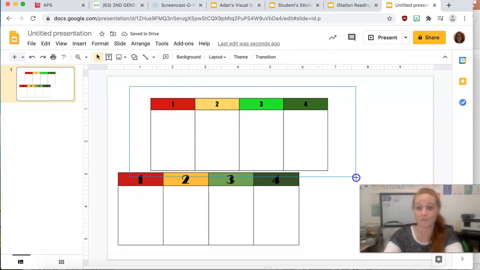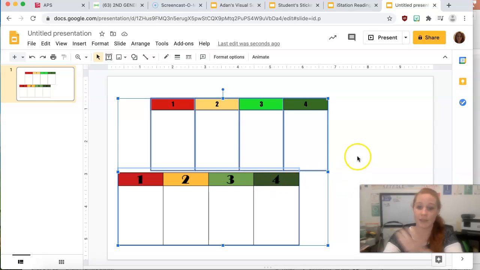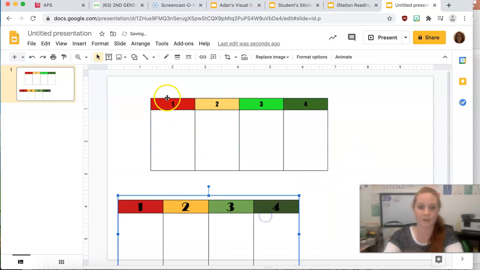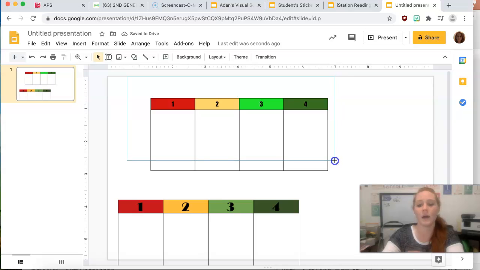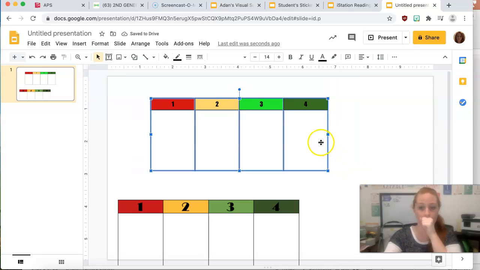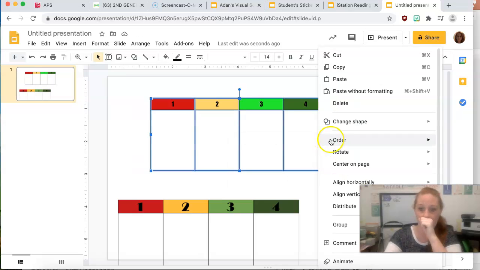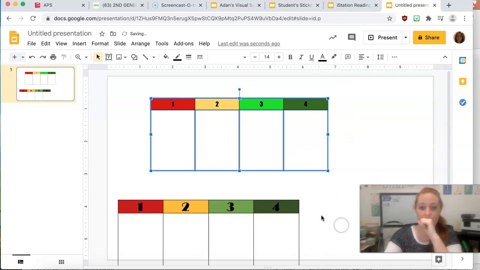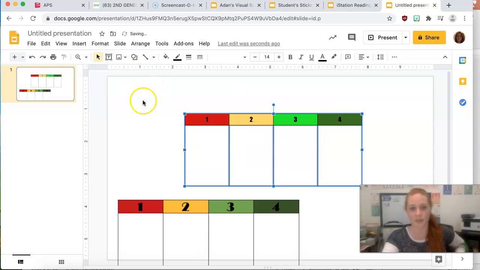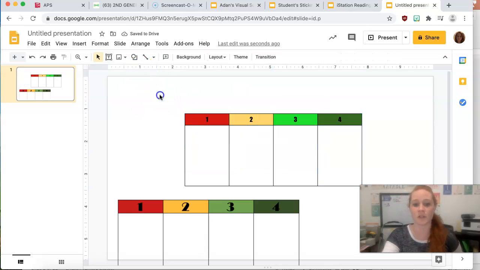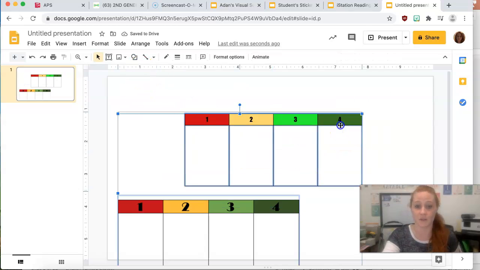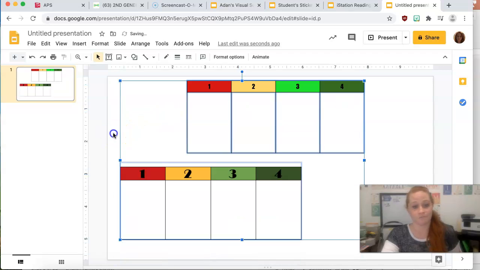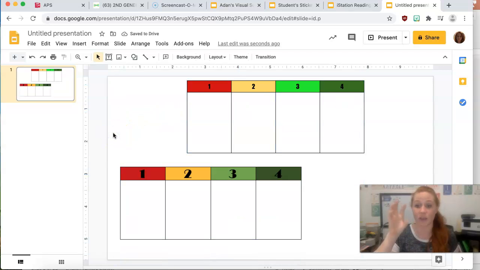And then here, again, it just copied, it selected everything. Here with Google Slides, you can still group items, so you can move this then as one piece if you were needing to do that. So some of those are very similar. I think it has a lot of very good features. Because it's working off of the internet, it just sometimes takes a little bit of time. I'm going to stop the